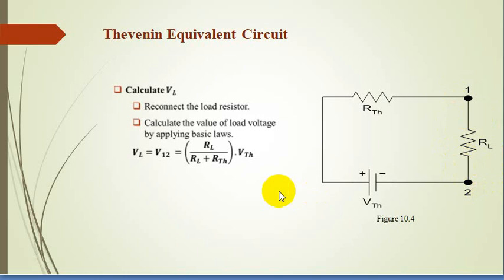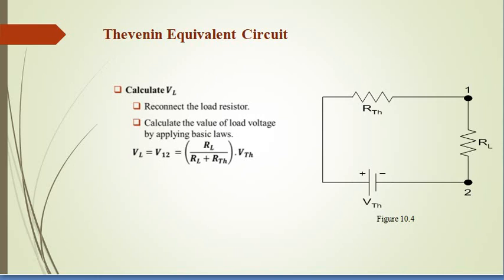For that purpose, again, if your circuit is in a simplified form as it is, you simply apply the voltage divider law here to find out the voltage across VL or V12. So here is the final form of your load voltage. Okay, after this Thevenin equivalent circuit, we are done with the value of the load voltage, and with the same steps you can find out the load current simply by applying Ohm's law.